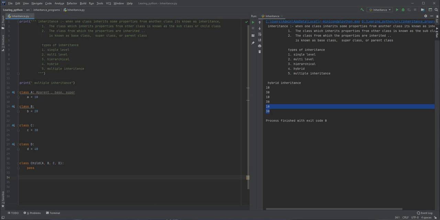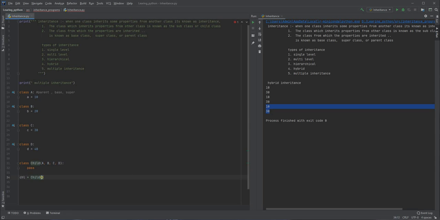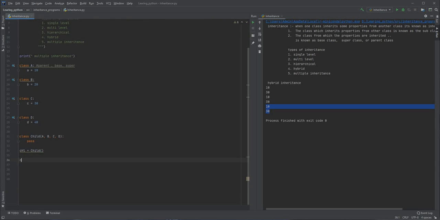Okay, now I'm going to create an object of the child class. Let me simply write CHL, and now the constructor of the child, like this, using parenthesis. Now using this CHL reference variable, I can access the value A. Let me write it in a print statement like this.